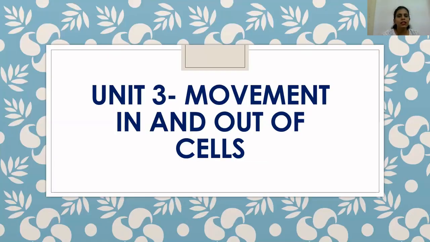Hello everyone. In the previous video we discussed osmosis and the three types of solution based on the concentration of solutes present in them, that is isotonic, hypotonic and hypertonic solutions. Now you are already aware that an isotonic solution has an equal concentration of solutes compared to the cell cytoplasm. So if a cell is placed in an isotonic solution, both the cell as well as the solution have equal concentration of solutes, so an equal number of water molecules will move inside and outside the cell.